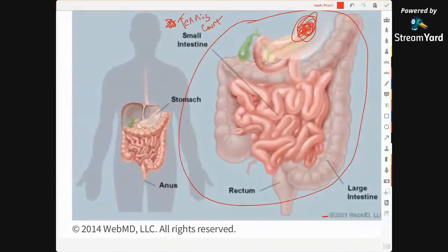When you start to think about it, that's how important it is. That is what absorbs your nutrients. If you Google what the bowel does, the first definition you get is that it absorbs your nutrients and moves food through. That's the old definition. We now know that the small and the large intestine both have lots and lots of microvilli, or bacteria, in them. And that's why, if you've heard of something called SIBO,